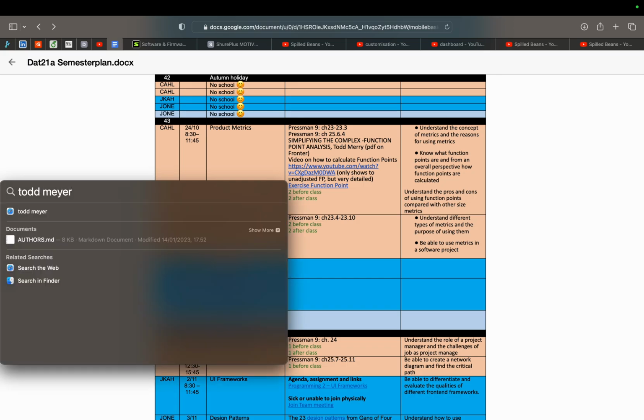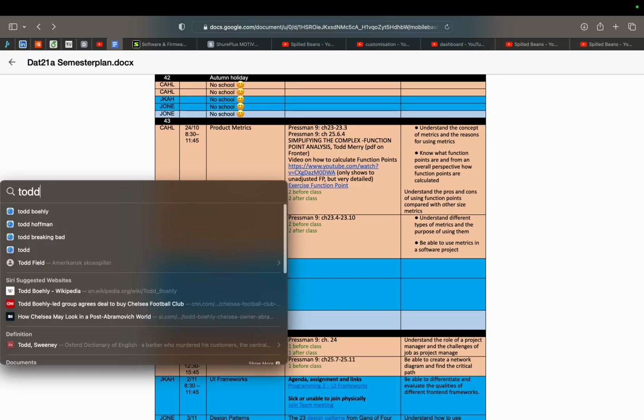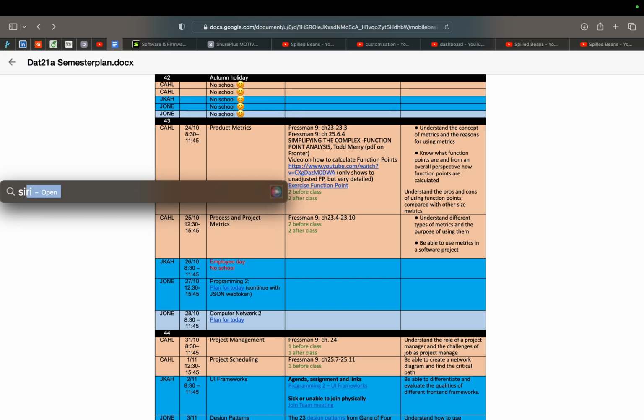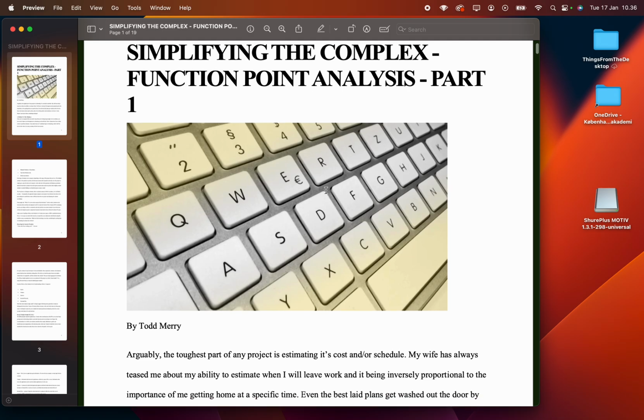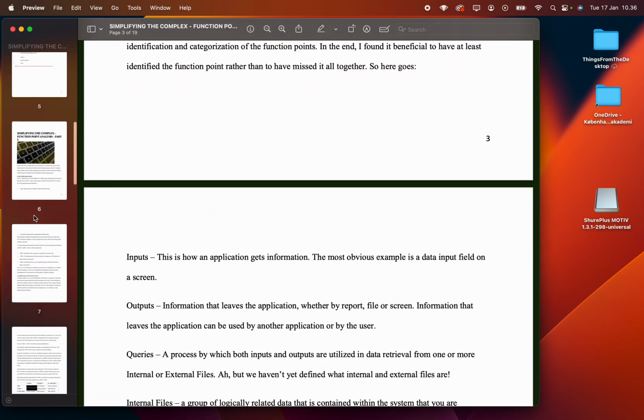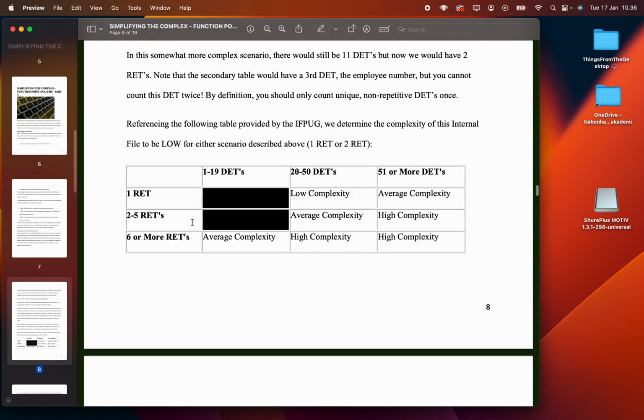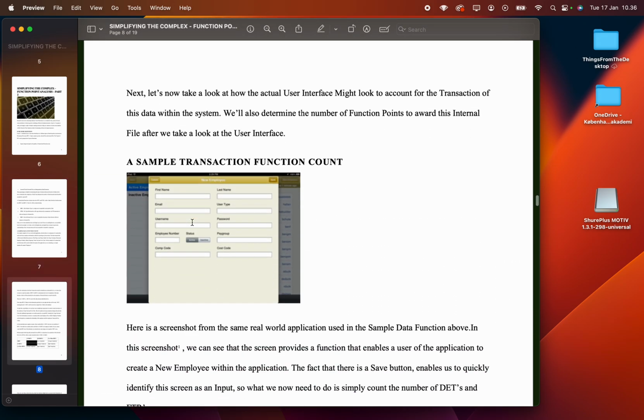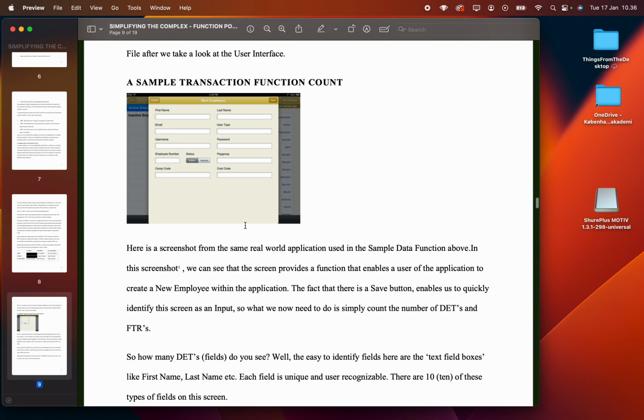Let me see if I can find it this way. No, let me just have another look here. Simplifying. Yeah, we have it here. Okay, so I don't know if this one answers our questions, but more or less, because I was looking for these weighing